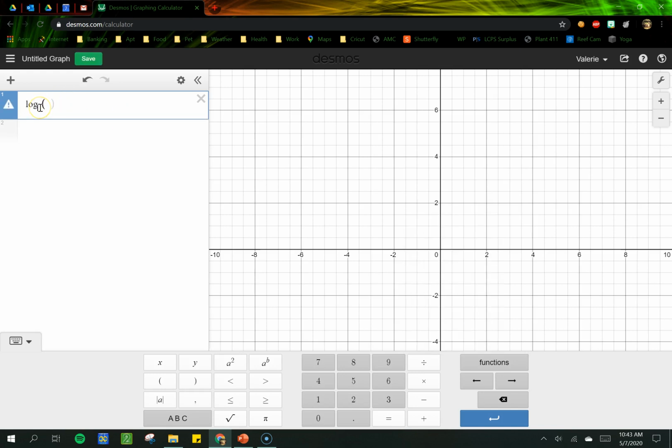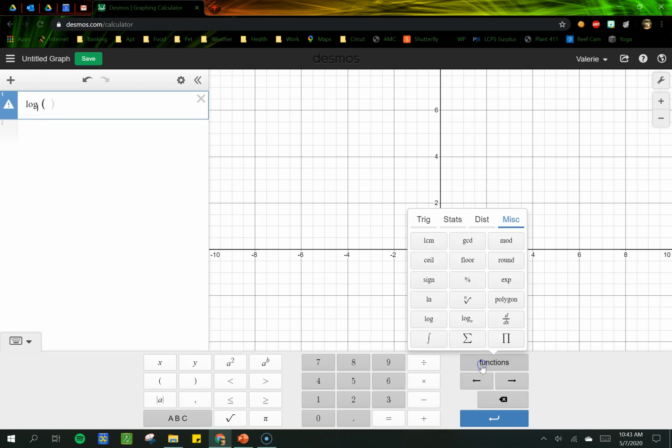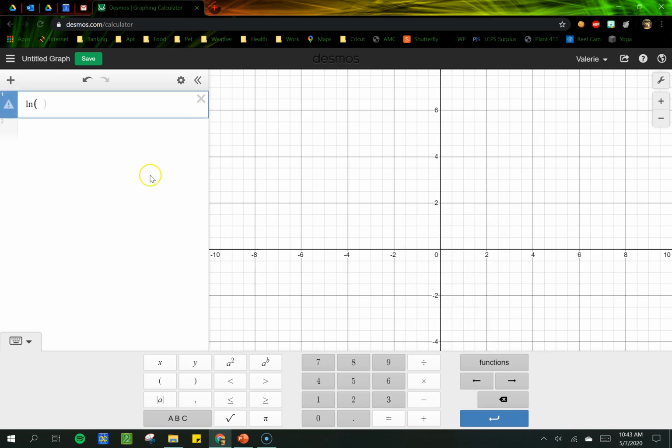For my log base, I need my keyboard to put an e in there. Oops. Let's see. All right, it doesn't look like my keyboard is connecting well. I have to use my mouse, and I don't think I have an option. Let's see real quick. Do we have the Euler number anywhere in Desmos? Unfortunately, it looks like they are not that fancy. So instead of doing that, sorry, because my keyboard's not cooperating, I'm just going to use the natural log